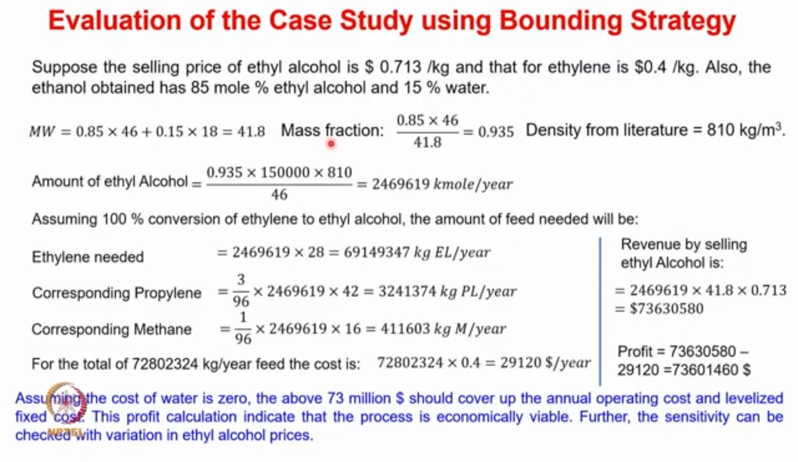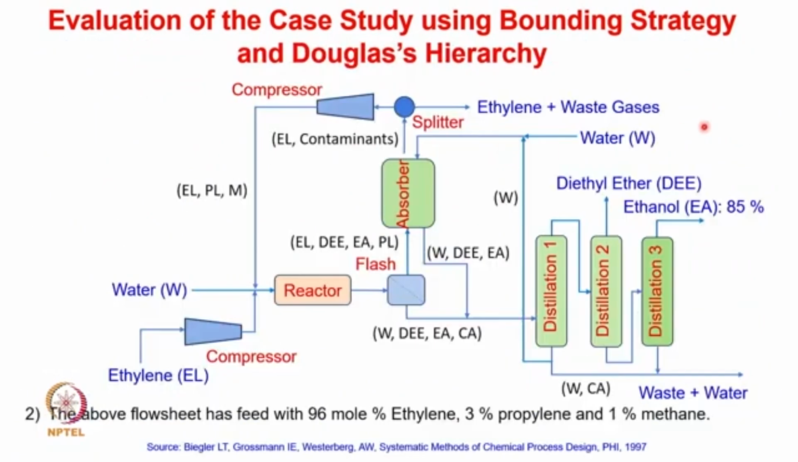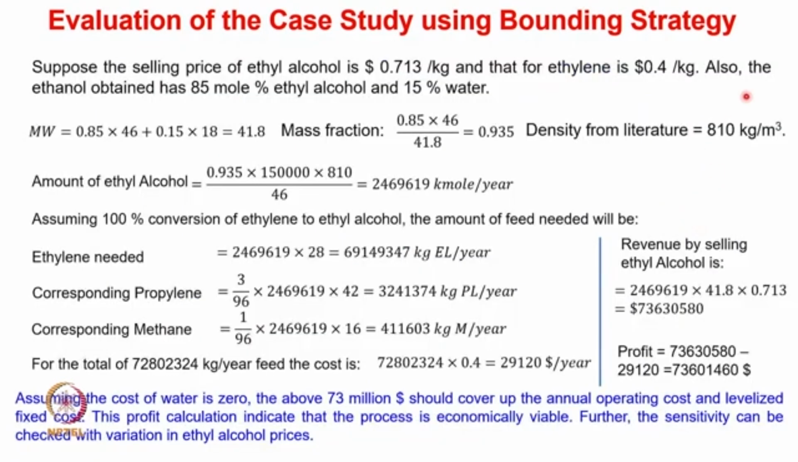So again we can calculate the mass fraction. The mass fraction in this case comes out to be 0.85 multiplied by the molecular weight of ethanol divided by the molecular weight of this entire stream, which is 41.8, so that comes around 0.935. And from the literature, the density of this product stream which is coming out is reported as 810 kilogram per meter cube. So using this particular information, we are converting 1,50,000 meter cube per year of the